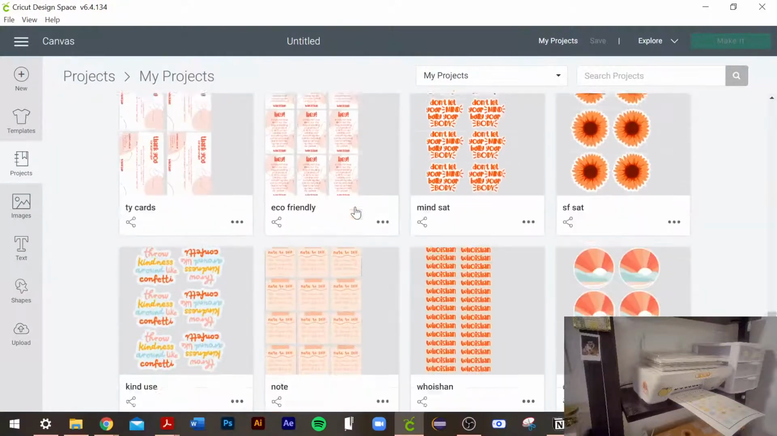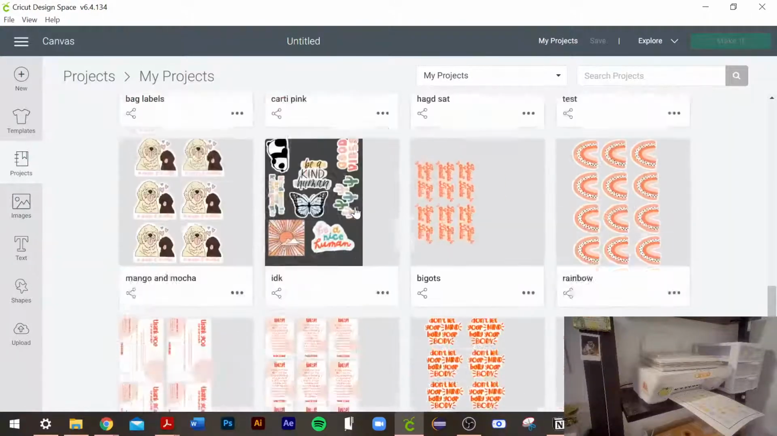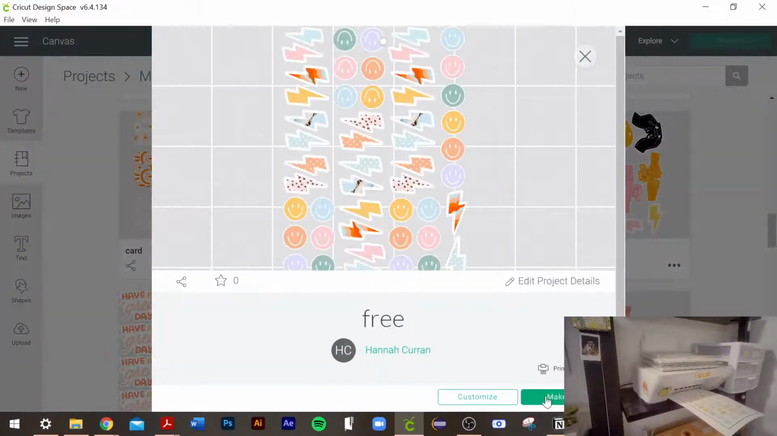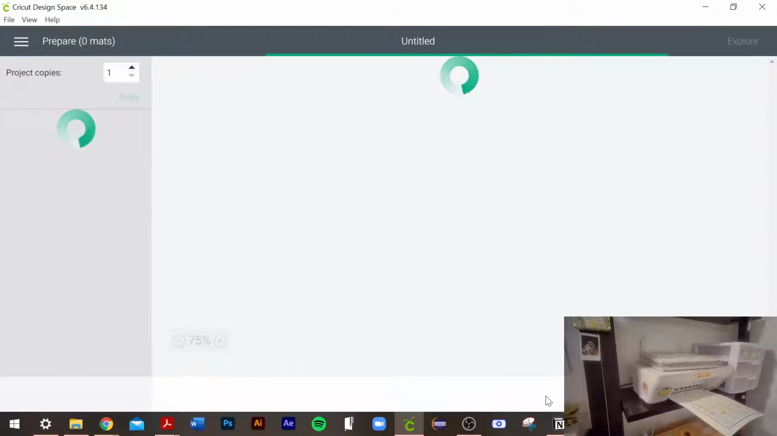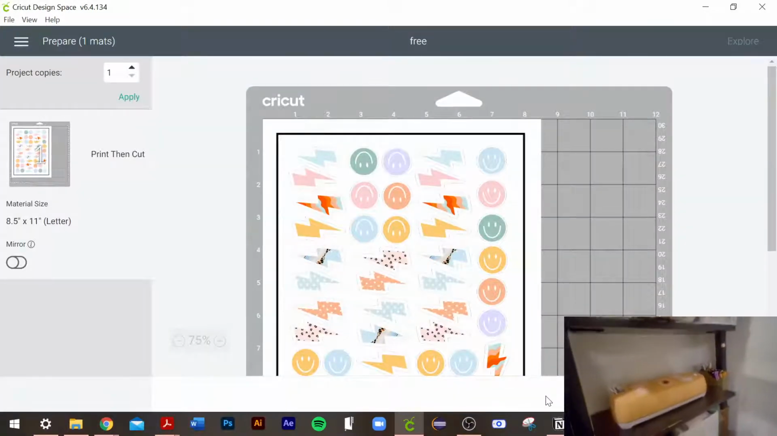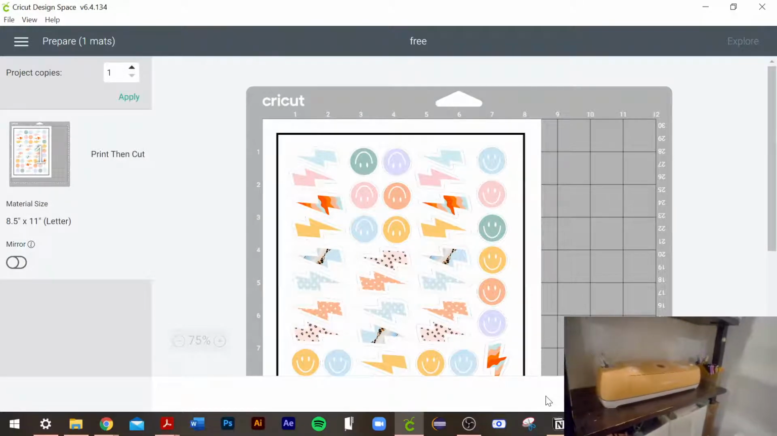And I'm going to skip it. Where are they? Okay, there. Perfect. Then I can click make it. And now, again, I'm going to bring you down to the Cricut's eye level, and we'll open it up